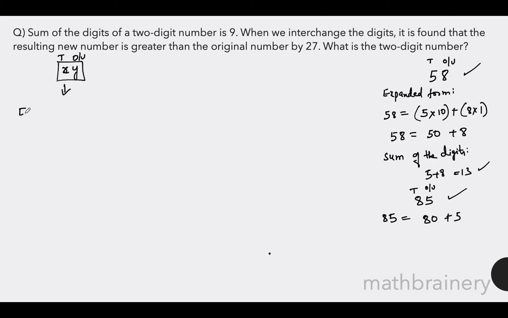What is the expanded form of this two-digit number? It will be 10x plus y, isn't it? 10 into x plus y into 1. Now